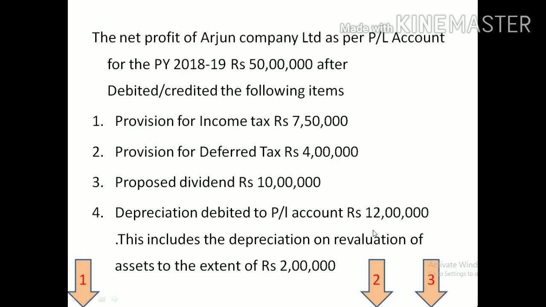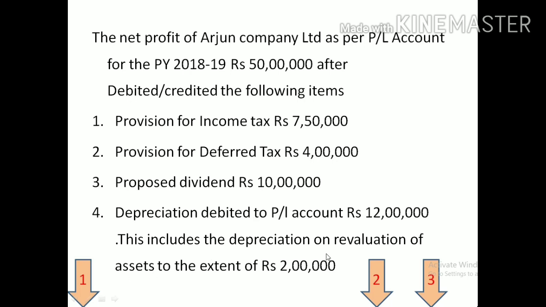Depreciation on revaluation. So here in the problem they will not specify like this, include depreciation on revaluation. Okay, if they have given just depreciation in profit and loss account, you should think that depreciation on revaluation is already included, until it is specified. If they specified excluded, then only you should treat it as excluded. If there is no information on includes and excludes for depreciation on revaluation, at that time we should assume that it includes depreciation on revaluation. Like that you should assume.